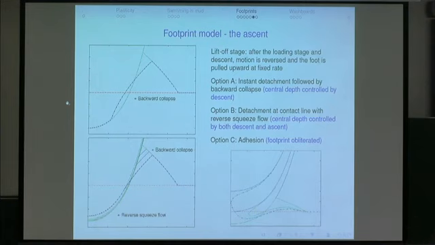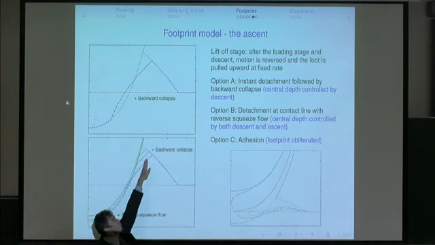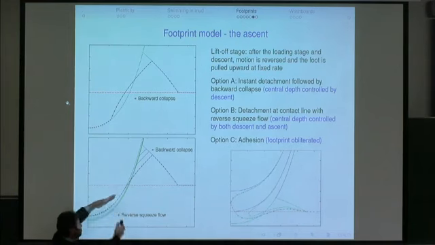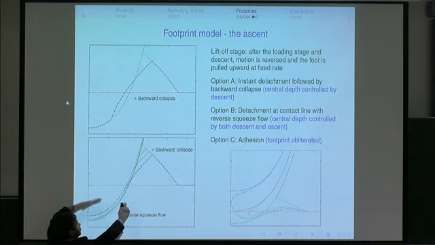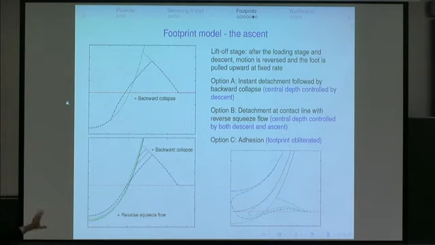A different alternative is if you're somehow limited by the availability of air. You can't instantaneously detach because you've got to get the air in there, and then the only place you can detach is from a contact line. So in that particular case, things are a bit different. We start with the same initial condition, and then there's a contact line that starts to migrate in, and material collapses back in as you're lifting it up, but underneath the foot you're still attached. So in that case, there's a reverse squeeze flow. You suck material back in, and then at some point you do lift off when the contact line gets all the way in there. So there's a second possible situation where you're limited by the availability